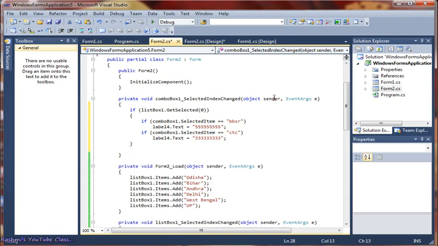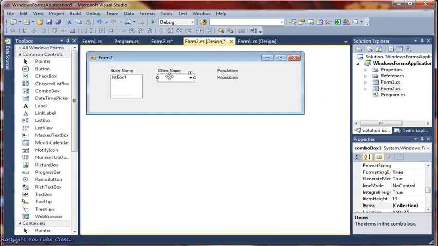Okay. This we did for whom? If the get selected 0. Fine. If combo box 1 get selected 0, means the list box, we have chosen Odisha and here we have chosen BBSR, then what will appear? That it says. Fine. Next, let's continue.